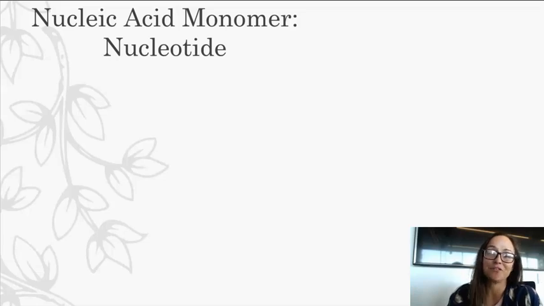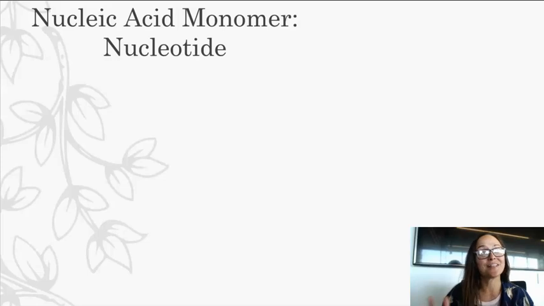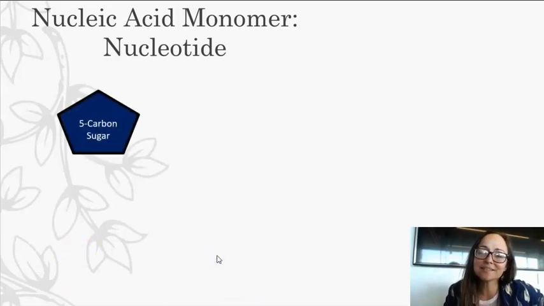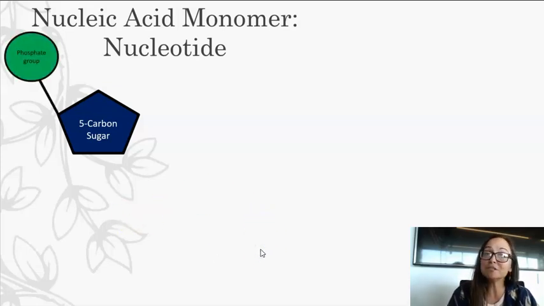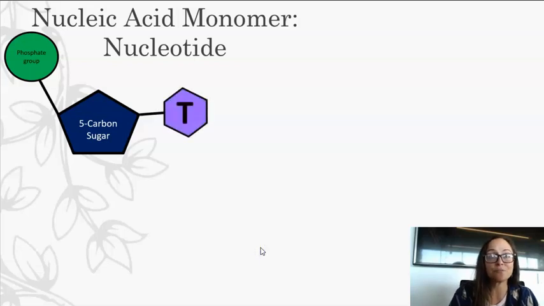Okay, so in this short video, we're going to talk about the last macromolecule, nucleic acids. In nucleic acids, the monomer is a little bit different than the carbohydrates or proteins because the monomer itself actually has three parts. It has a 5-carbon sugar, a phosphate group, and a nitrogen base. This nitrogen base is the A, T, C, or G in DNA, or the A, U, C, and G